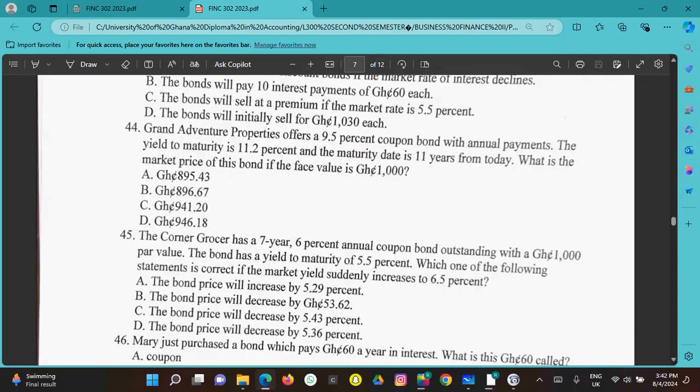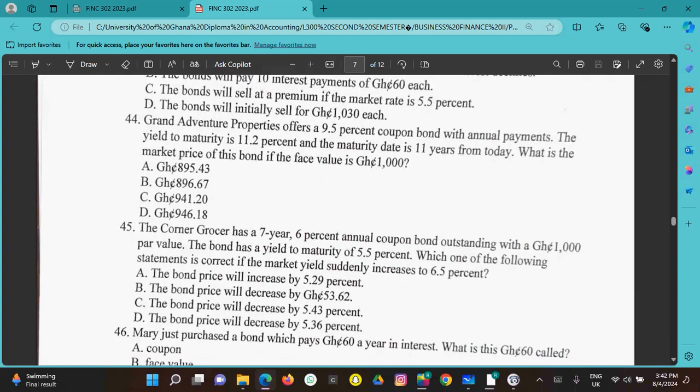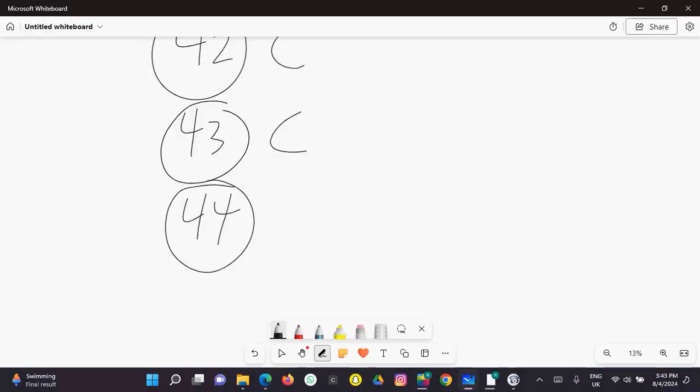44. Grand Adventure Properties offers a 9.5% coupon bond with annual payments. The yield to maturity is 11.2%, and the maturity date is 11 years from today. What is the market price of this bond? Right, so we can solve this here. So coupon rate is 9.5%, so meaning that the coupon is going to be